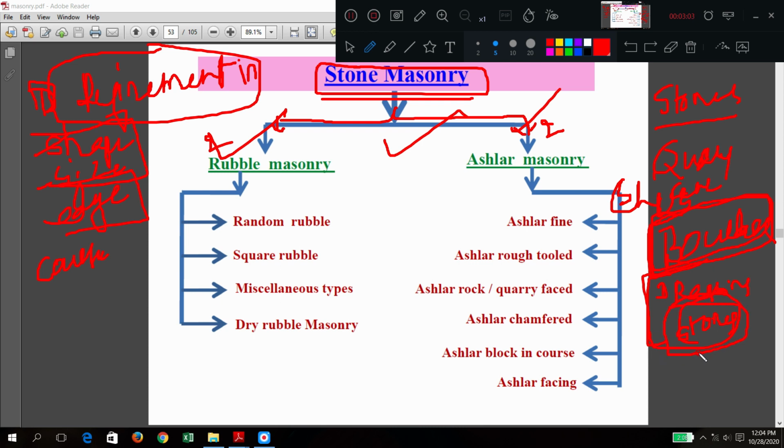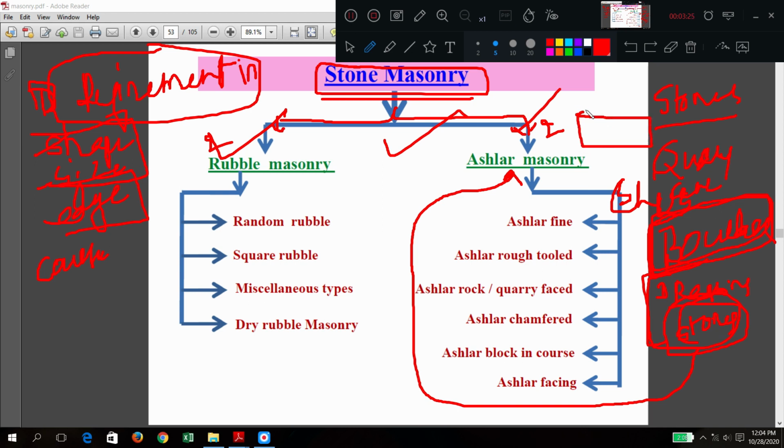During the construction also, more refinement means what? Very accurate size, very accurate shape. When that accuracy is maintained, we call them ashlar. The same stones, if you make them in very accurate size and shape, as good as one brick itself. When you see a brick, it is almost a smooth shape, with very plain surfaces, hardly any rough surfaces.